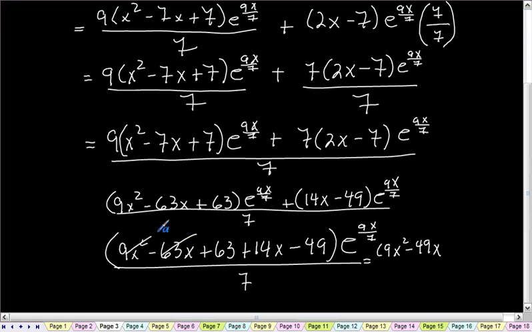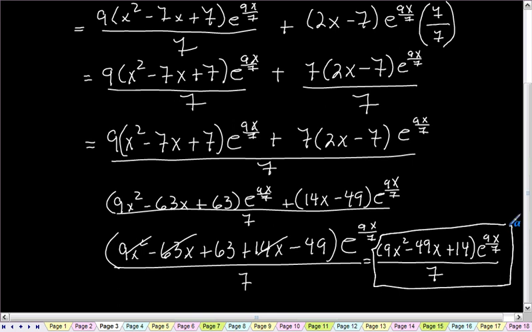And this gives me 14, I believe. Plus 14. That e to the 9x over 7, over 7. And that's pretty much as far as I got. Which isn't bad. I mean, it's still simpler than that monster up there. That's the final answer